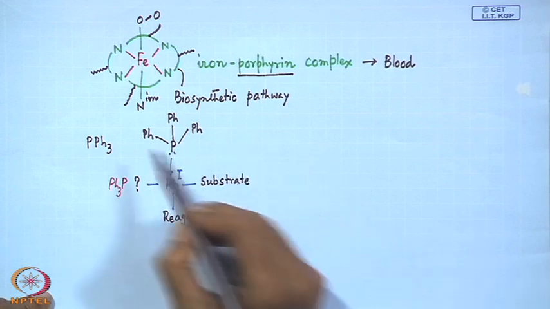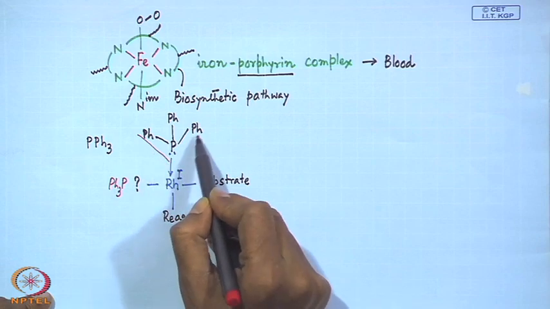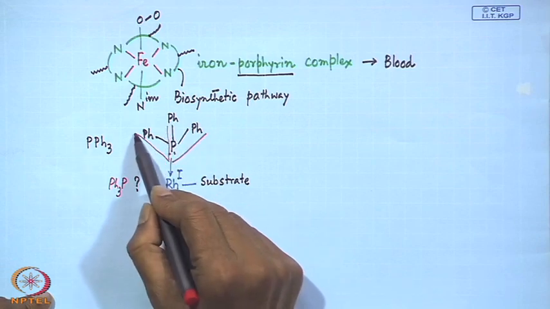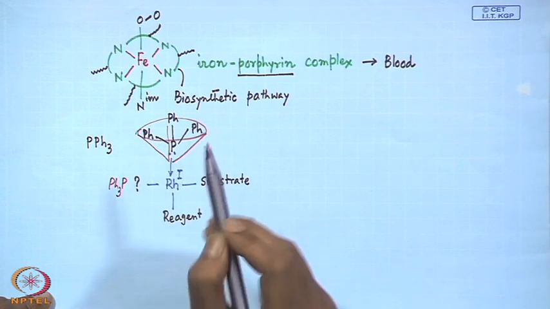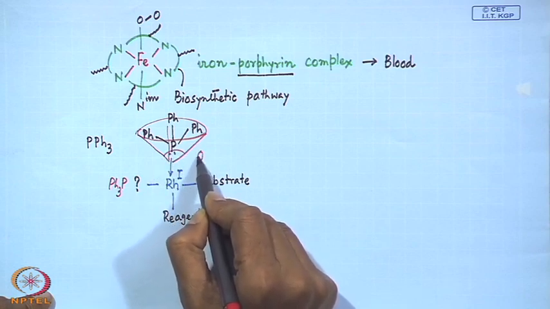So, this is a 3-dimensional cone that is forming, and this angle is known as theta,